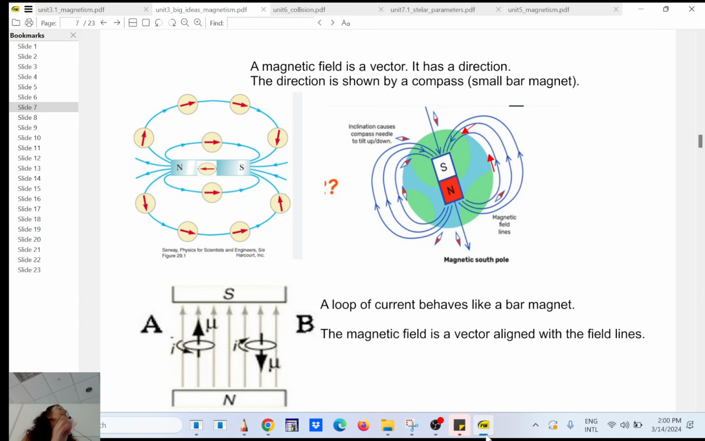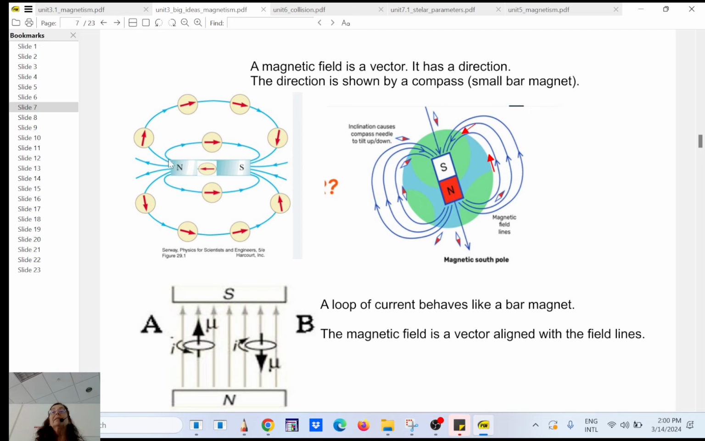Okay, so let's start the class. I want to go over, because for this unit it's mostly conceptual questions, right? You have some math, but the math is quite easy. I want to go back to the magnetic field